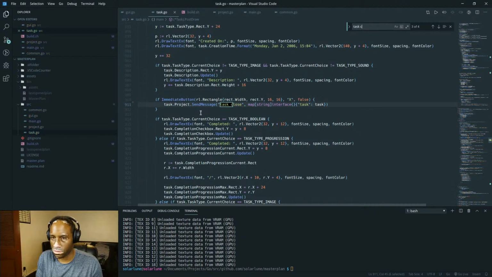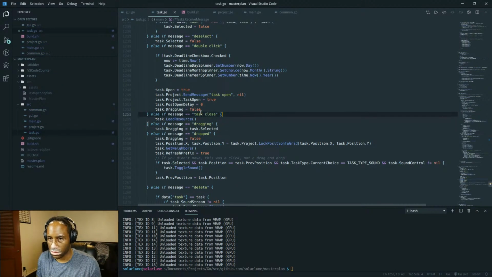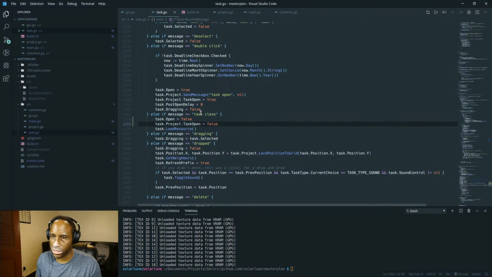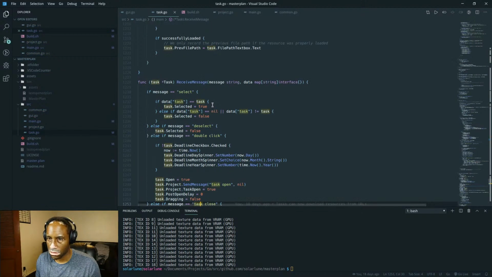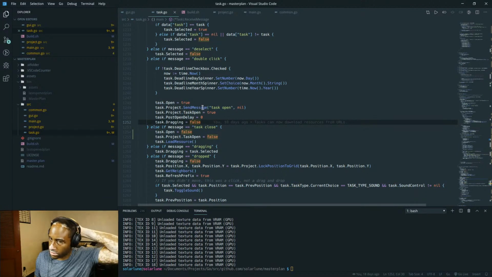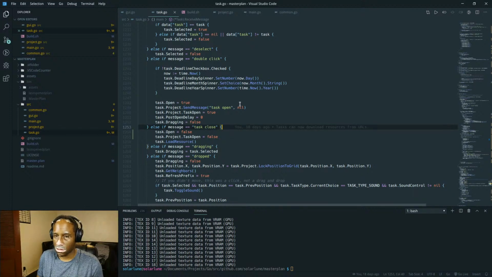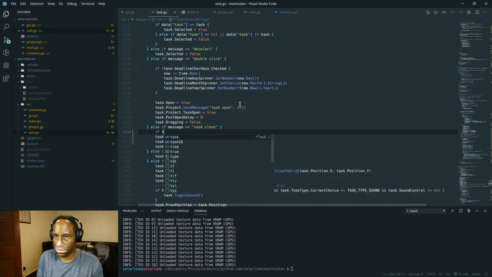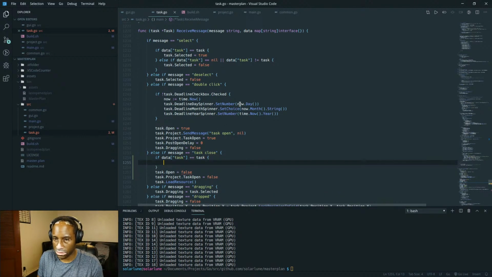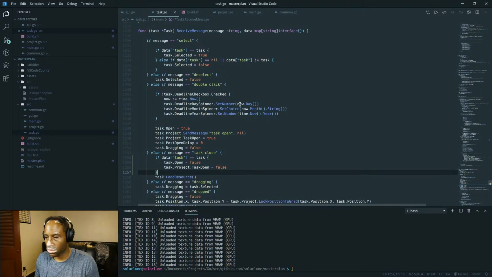Hopefully that won't break anything else. Now if we want to close a task, we can just send a message that says task close, and say if data task.